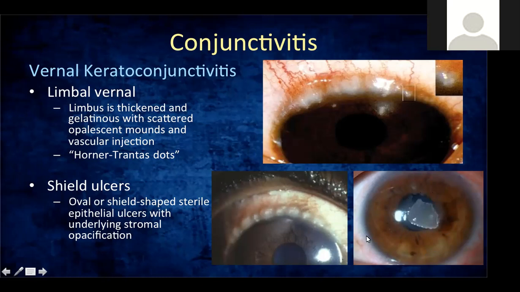Okay, so for the treatment of vernal keratoconjunctivitis, you can give mast cell stabilizers, you can give antihistamines, but because the shield ulcer is sterile, you don't need your antibiotics. Sometimes we give steroids in various forms, but we have to follow up the patient. Now, don't give steroids, topical or oral, to a patient who cannot follow up. Because there are a lot of side effects to the steroids, you have to use it with caution.